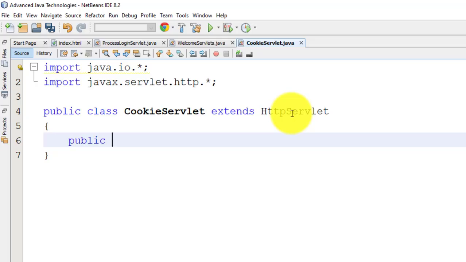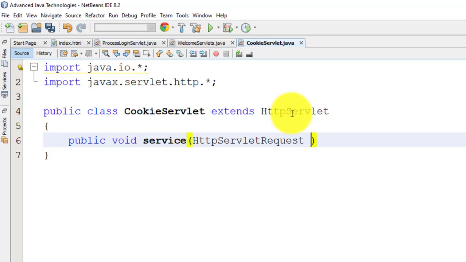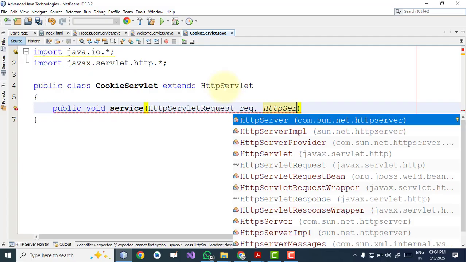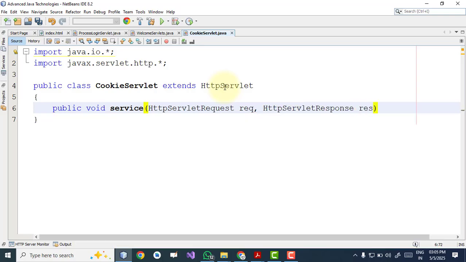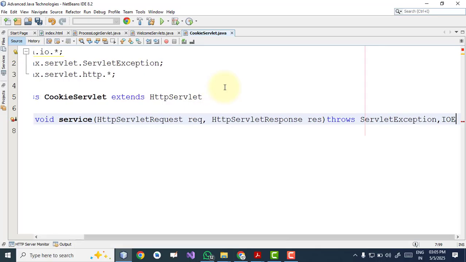Now we implement the abstract method service: public void service(HttpServletRequest req, HttpServletResponse res) throws ServletException, IOException.